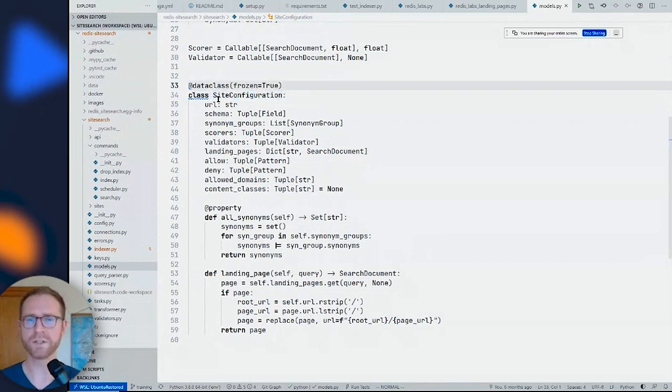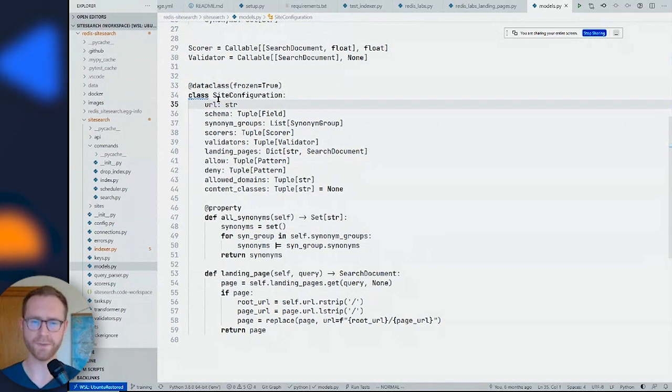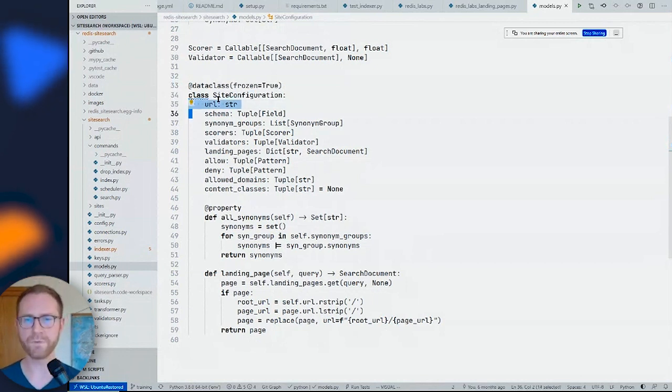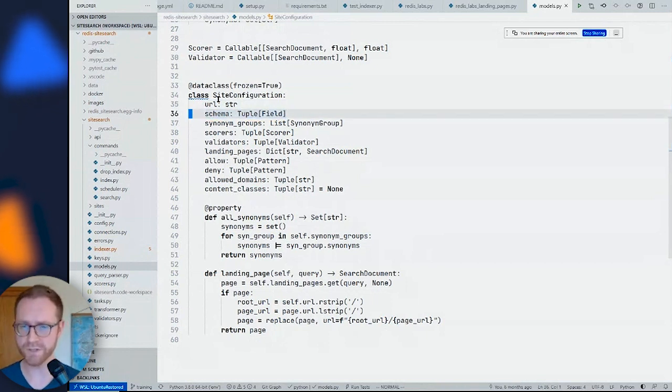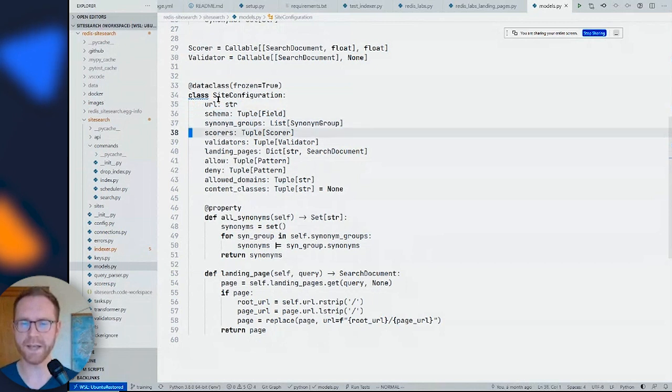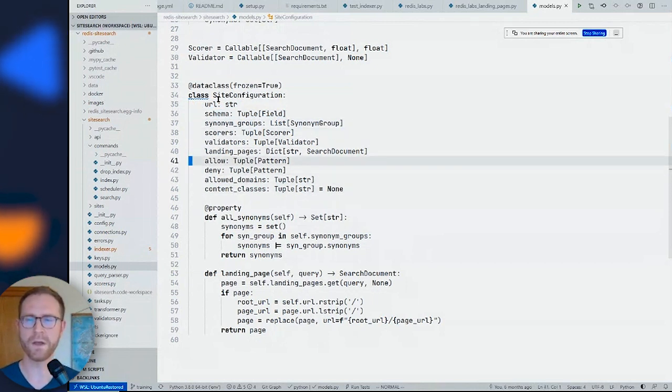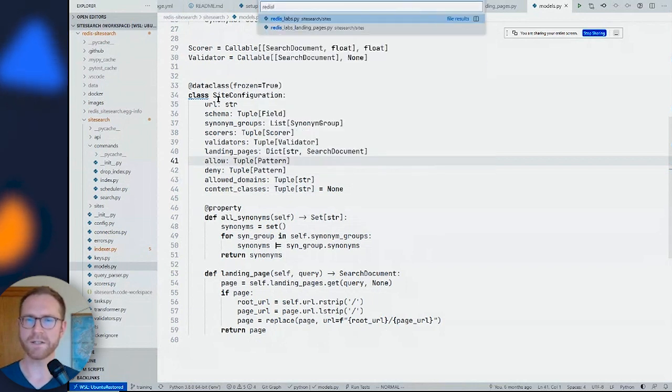Okay, and so we've seen this. These are some of the things that we can control when we add a site. We have to say where the URL is. This schema is a RediSearch schema. We'll look at what that means in a second. And then there's a bunch of different things that you can control. So this is the class we use to create a configuration. Let's look at some actual